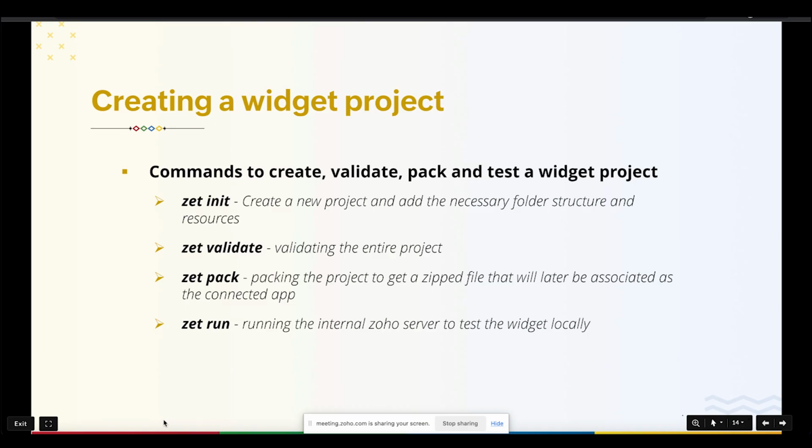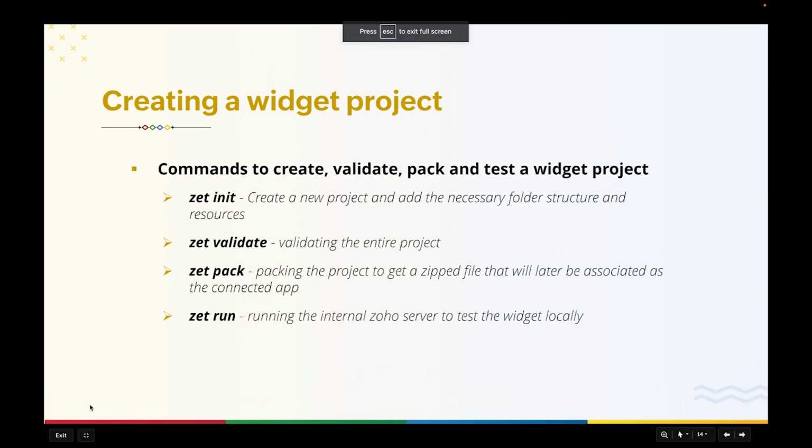widget project. Now that we are done with our first step, setting up the development environment, the second step is that we are going to go ahead and create a widget project. While we used the z command, we saw that certain basic options were displayed. Those are the commands that I have taken and displayed in my slide. These are the commands that will be used to create a widget project, validate that project, and pack your widget project. So the z init command will be used to create a widget project, and you can go ahead